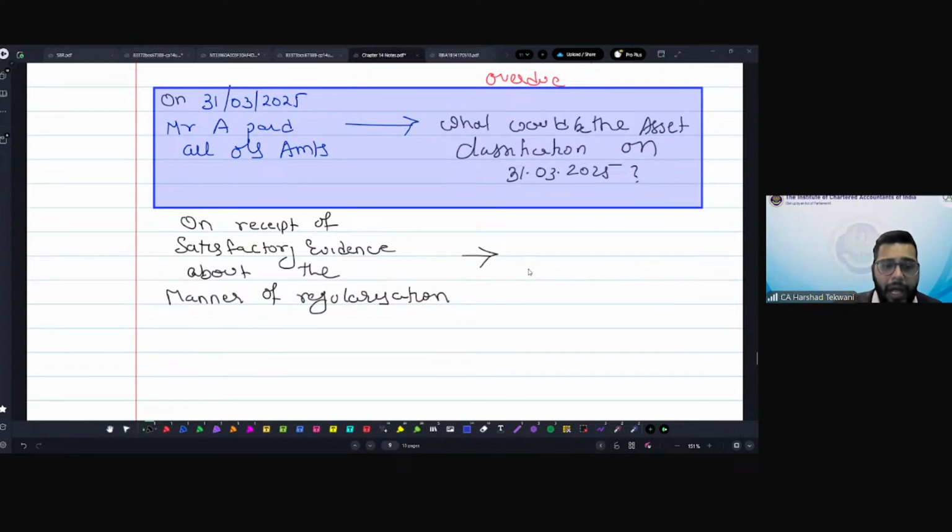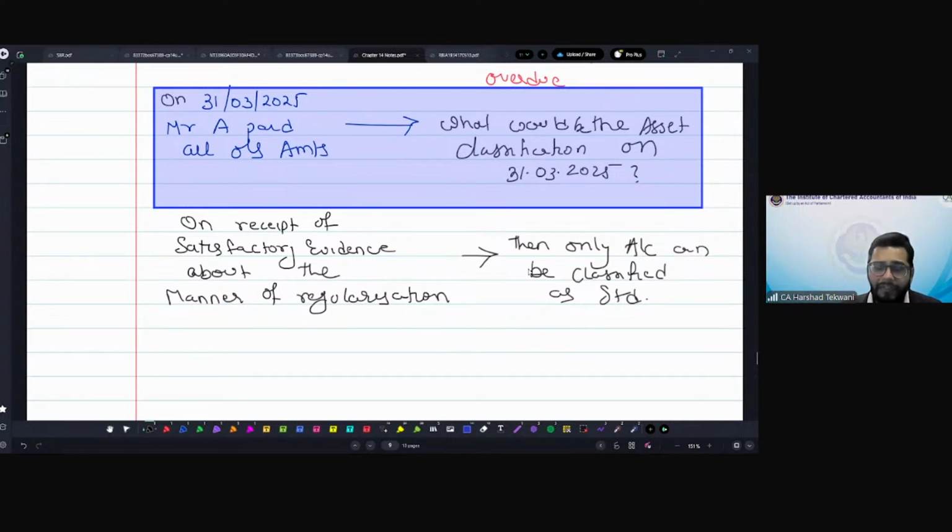On receipt of that, then only the account can be classified as standard. That means the auditor has to ensure that